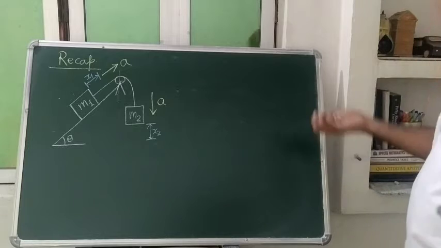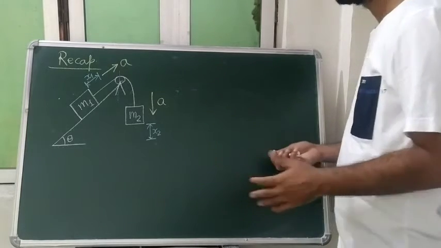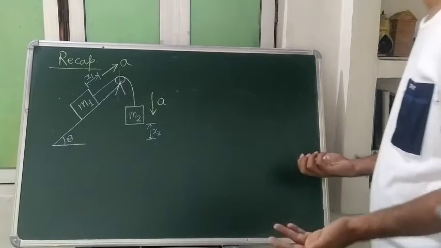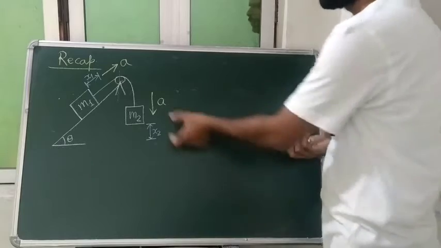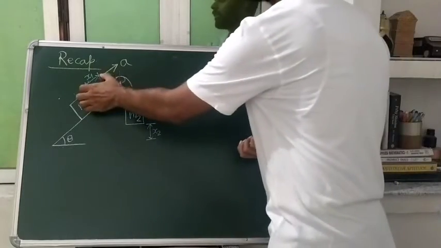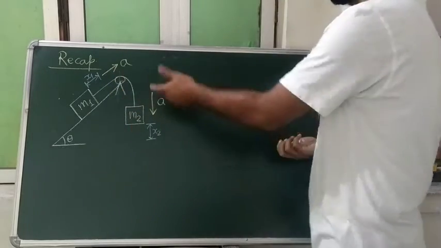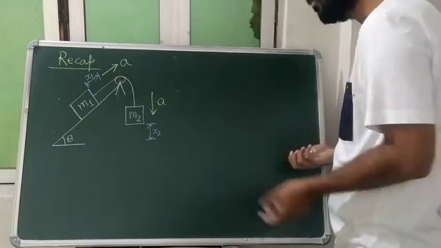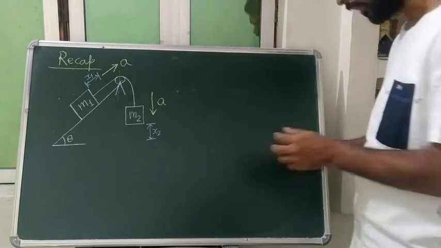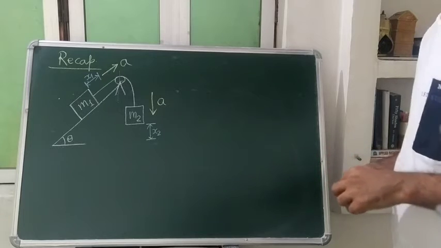So I think that idea is a traditional way of doing. I have made you understand. If you understand, that's very good. Otherwise you can say whatever distance it is going to travel, the same distance it will travel. Here is only one string, so a1 will be equal to a2, and we are saying that as a. Okay. And our next task will be to find out the tension in the string.